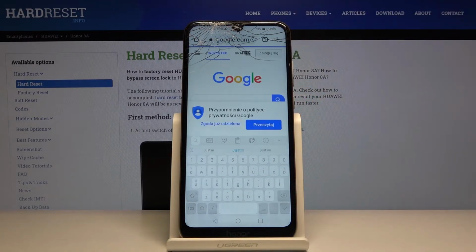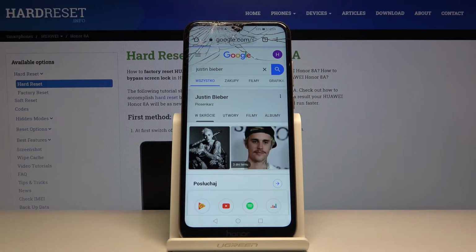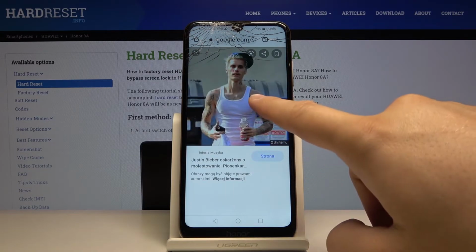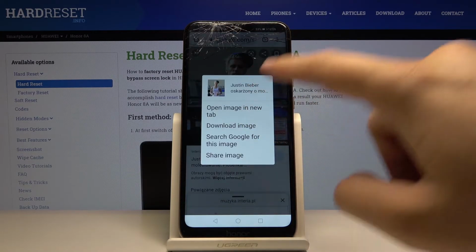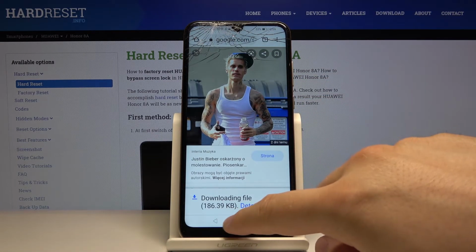And right now we are going to download a picture. Maybe I will take a photo from Google of Justin Bieber. So go for the graphic, click and hold, tap on download, continue, click allow, and right now we